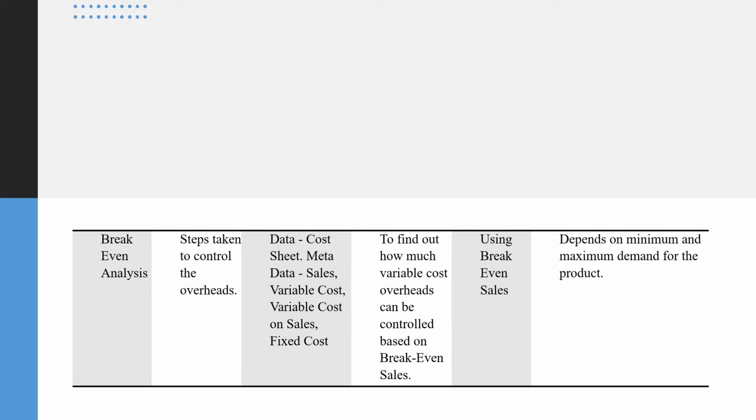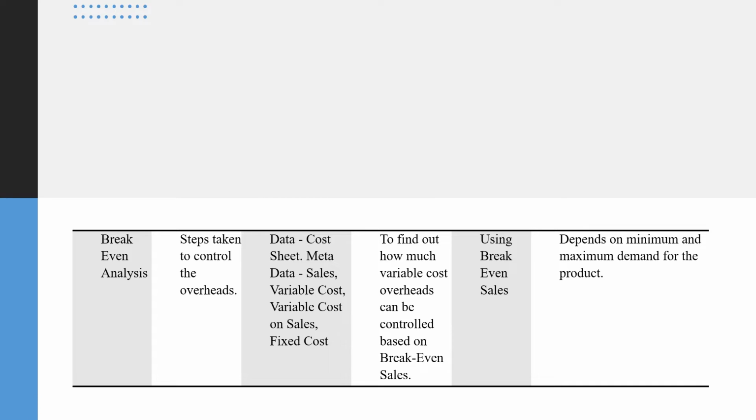But coming to the analytics, how to control the overheads for a desired break-even point. That is the important thing. You are getting the data from the cost sheet. The metadata is the sales, variable cost, then the fixed cost, then the variable cost as a percentage of sales. These are all the data you have to get. Then using the break-even